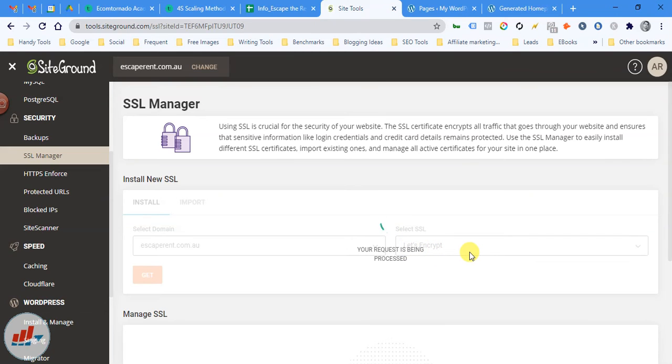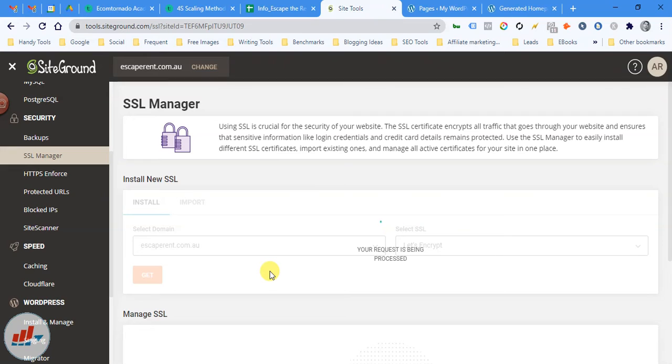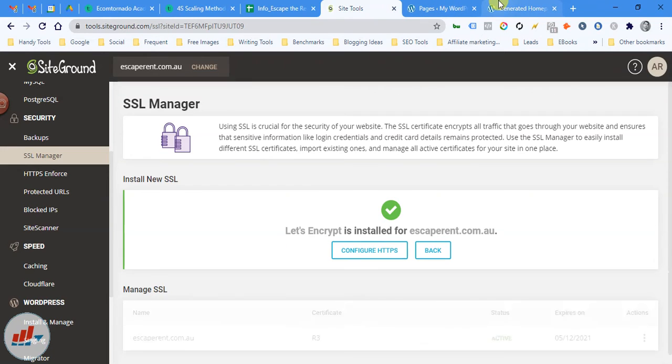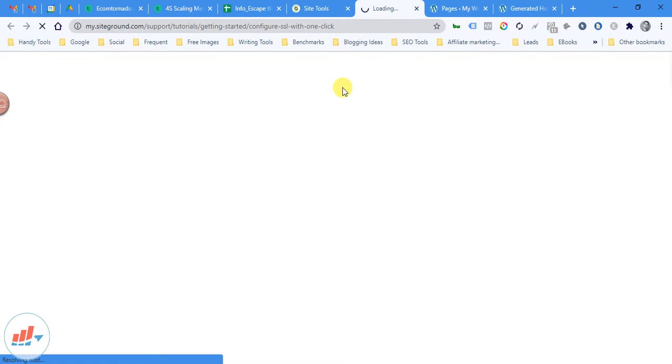So I'm trying to get this particular SSL certificate, and, oh great, we have got HTTPS installed. Now the SSL certificate is installed. So now our website will be loaded up with HTTPS. So this is really good.